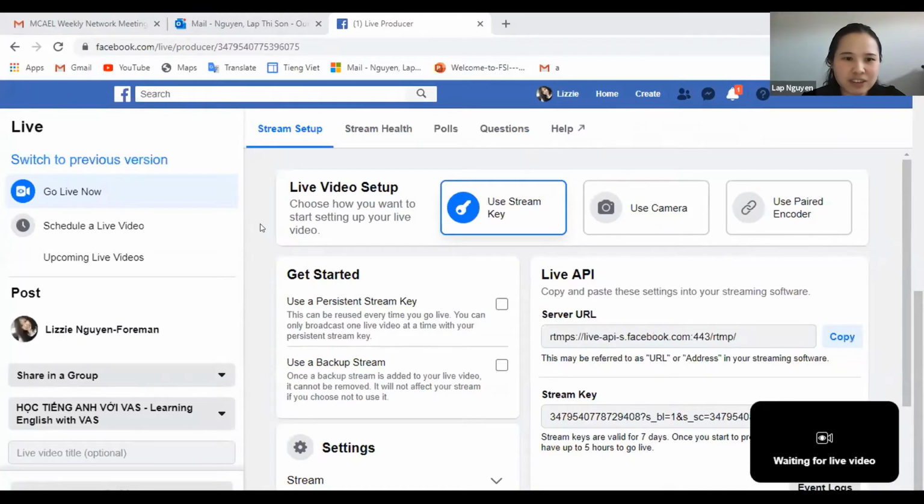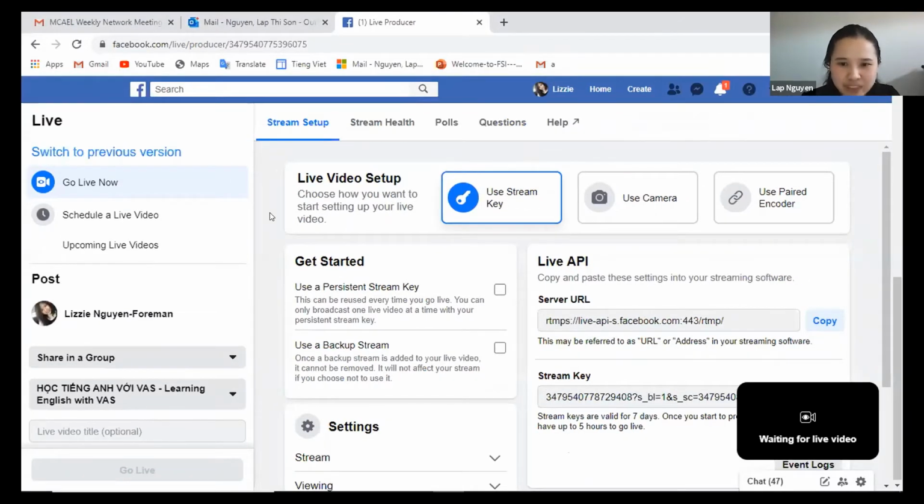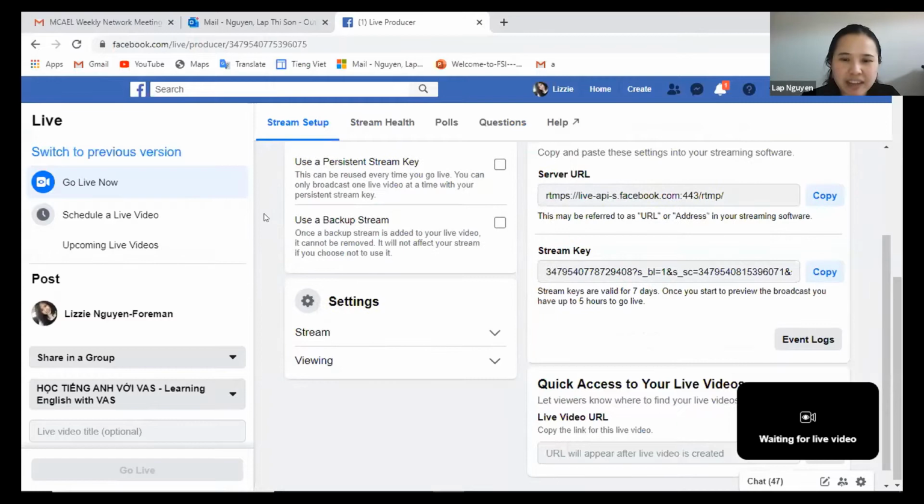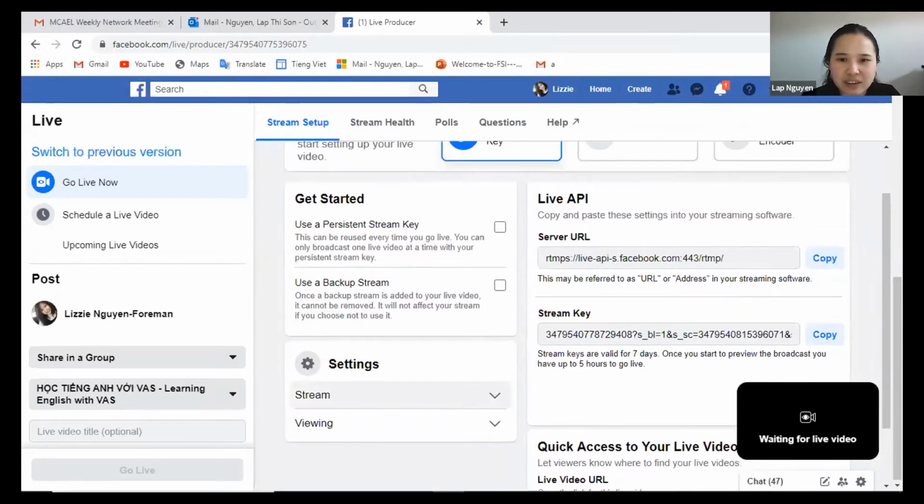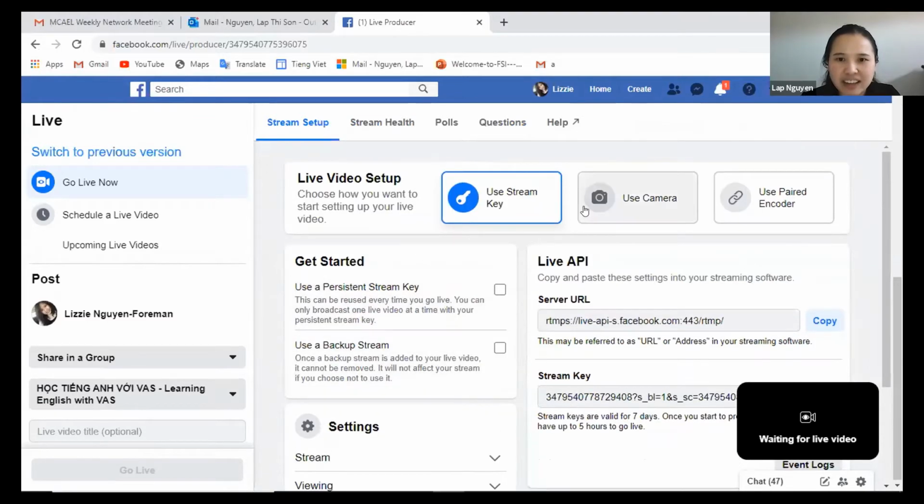Yeah, you will see it right here. If it didn't connect automatically, you can see it right here. Use stream key, and then you copy the server, and then you copy the stream key and enter it into Zoom.